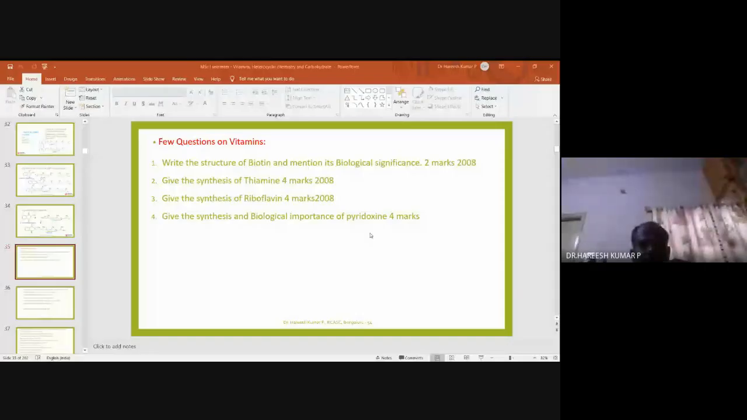In this vitamin chapter, you will get two types of questions. One is questions based on the synthesis. Another kind is questions based on the biological importance. So sometimes they will ask you